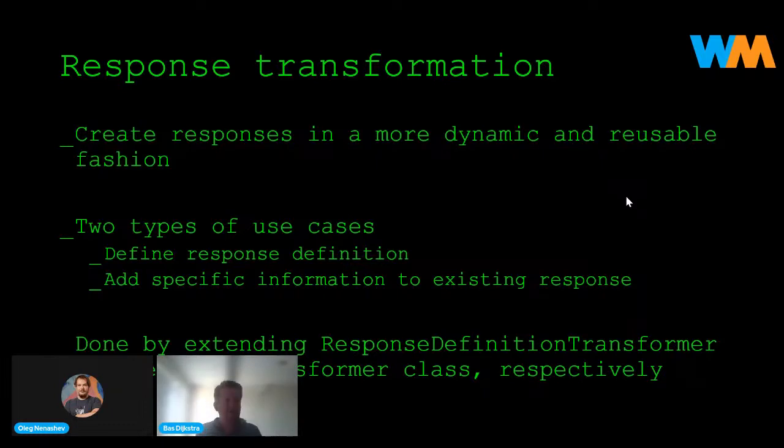The tedious way to do that is by just adding that header definition to all of these response definitions. The more intelligent and more maintainable way to do that is by using a response transformation extension or response definition transformation extension.